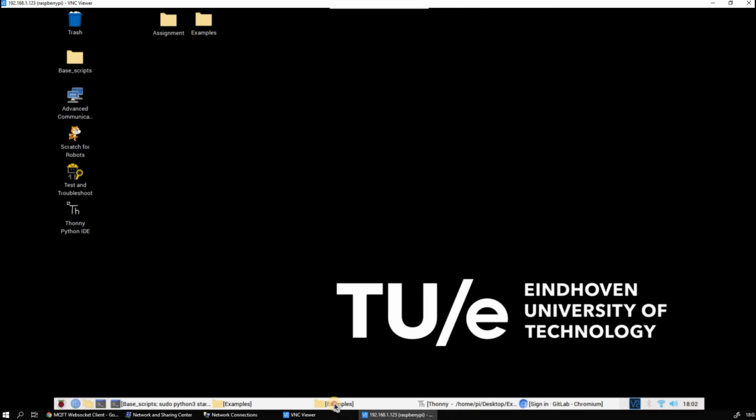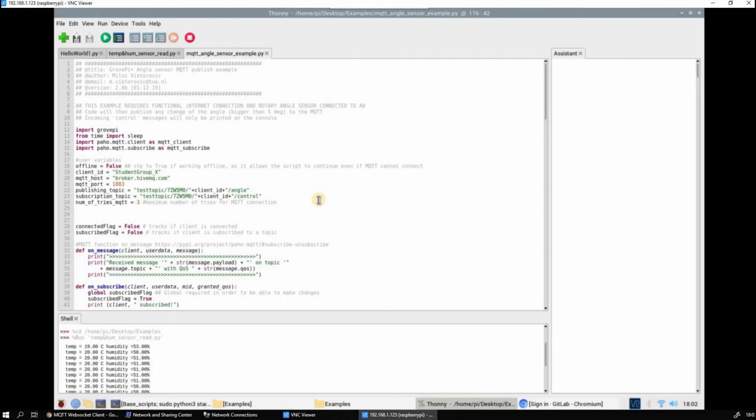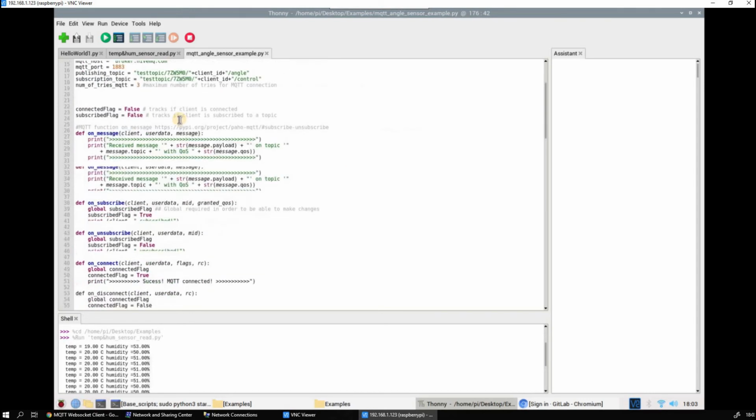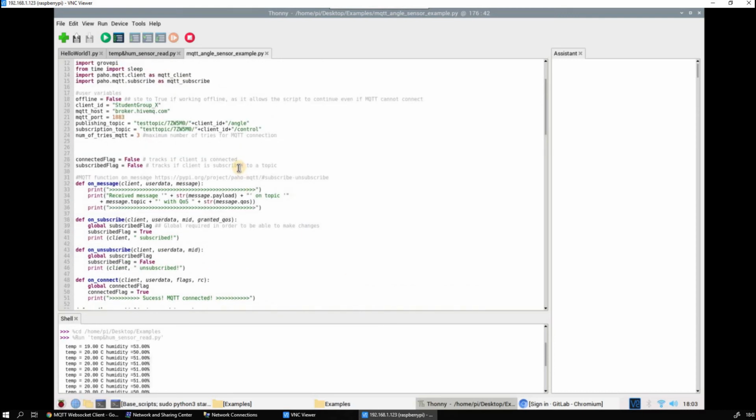So in order to demonstrate this, we can go up again to the examples, and we have the MQTT example of how you can stream the data from the rotary sensor. This is quite a complex code, but most of it you can directly reuse. You can see there are a couple of things you have to set up: your client ID, which MQTT host you will use, and at which port. You have all of this information in the manual that I showed before. So I will be streaming to this topic,